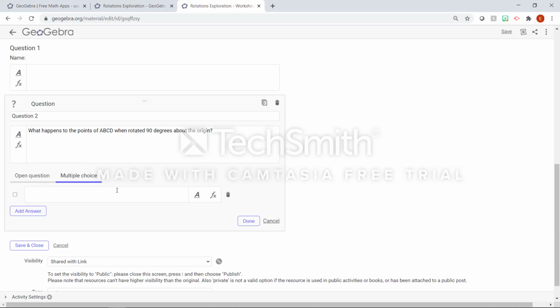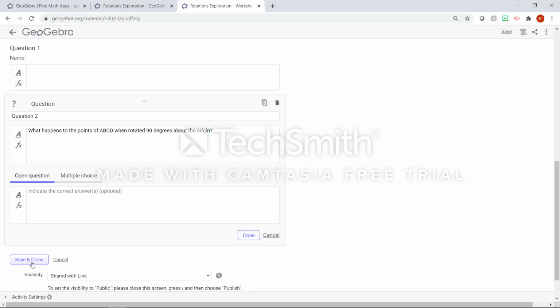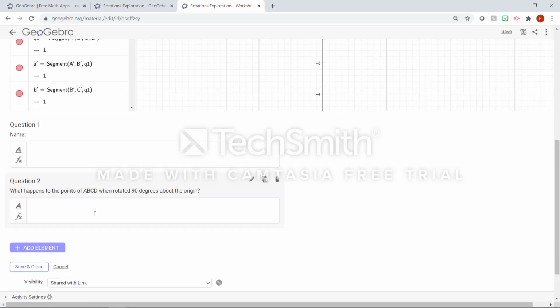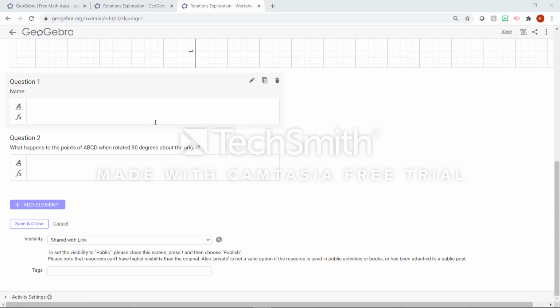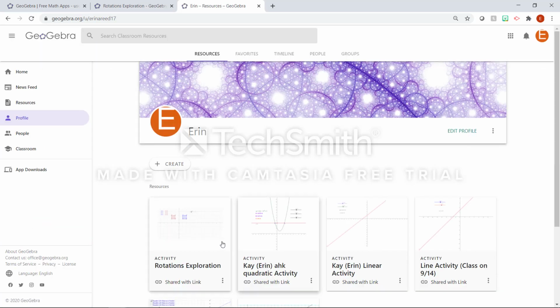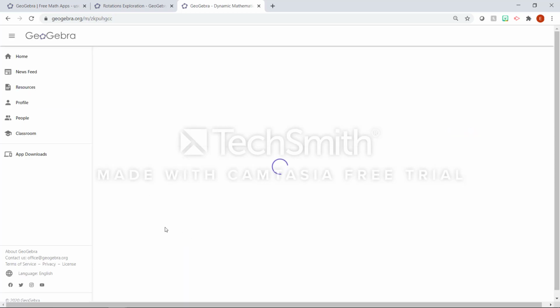If I wanted them to do multiple choice, they can do that as well. And I'm going to select done. I can always go back and add more questions at a later time, but I think for right now, I'm just going to save and close. And so it takes me back to my resources screen. I'm going to click on that activity